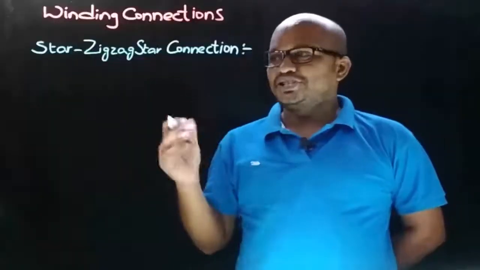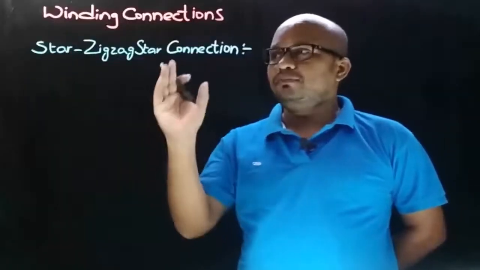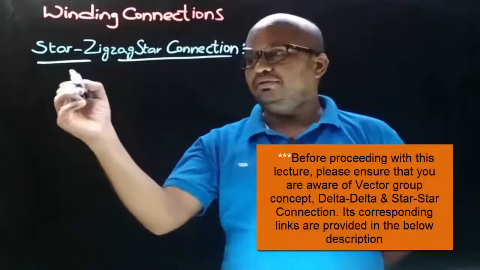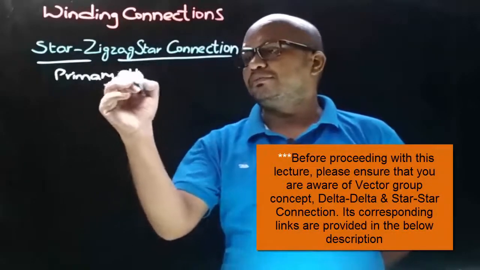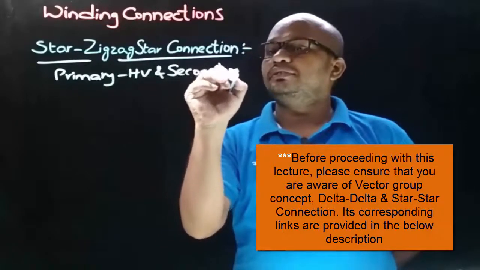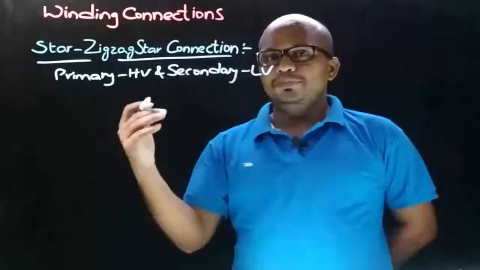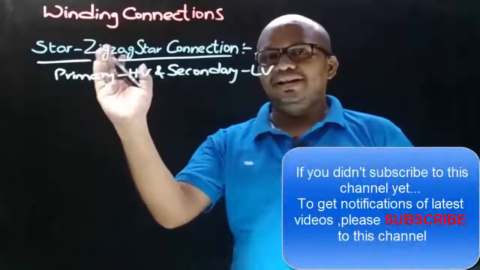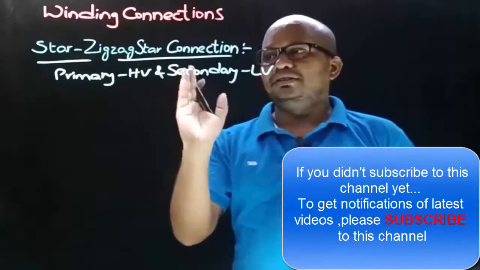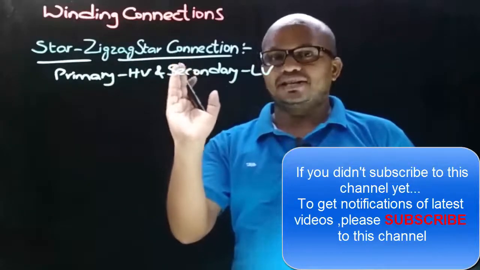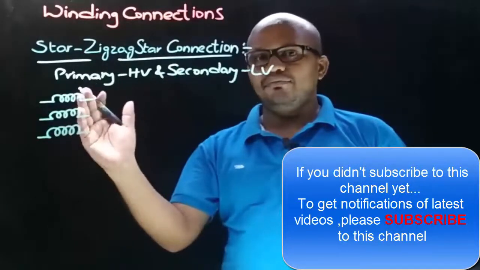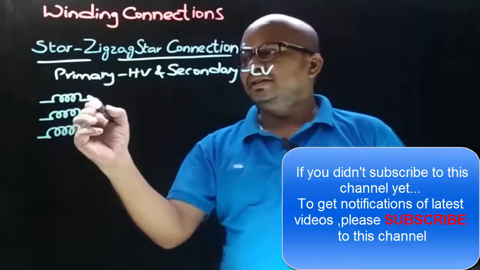Now let's have the discussion on one of the important topics from winding connections, that is the star zigzag star connection. Here the assumption is primary is HV and secondary is LV, which means that on the primary side the winding is star connected, which is the HV winding, and on the secondary side the winding is zigzag star connected, which is the LV winding. Suppose these three are the HV windings on the primary side, and let this be the